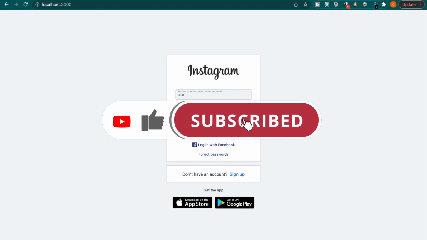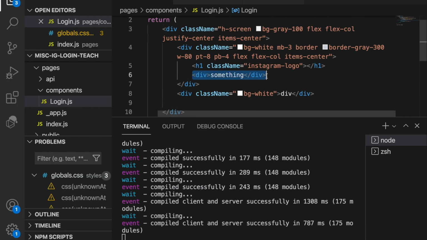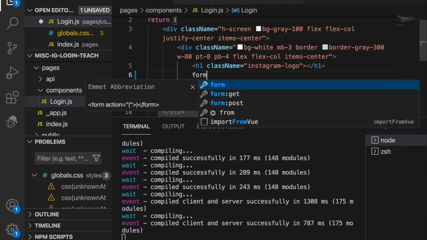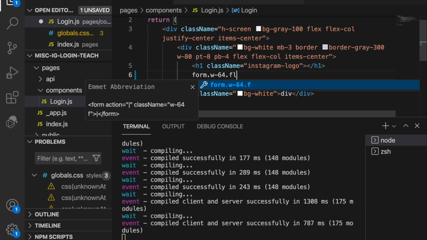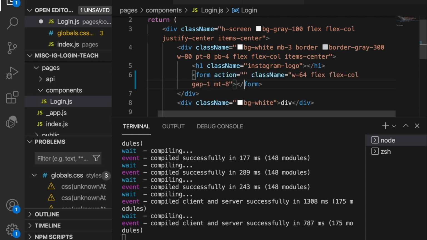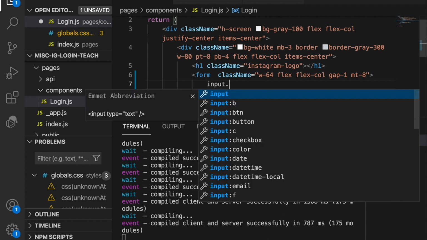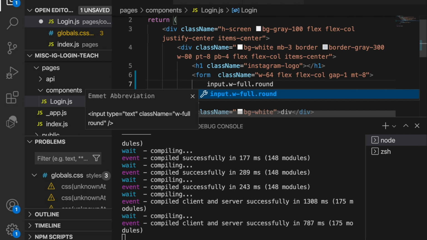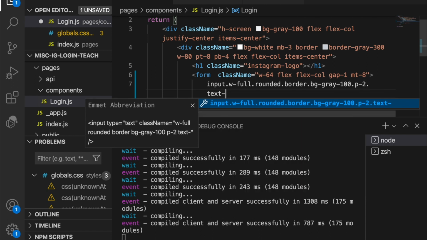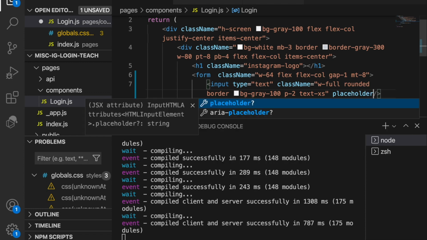So under the Instagram logos, and back to the project, we replace this with a form, and the form has the width of 64 units, and it also uses flex box, and the direction is column, and we have the gap of 1 and the margin top of 8, and then we remove this action, and inside the form we create two input fields, and the input field with the class name of width 100%, and we have a round corner, and we have border, and then bg gray 100, and the padding is 2, and the text is extra small, and the placeholder is phone